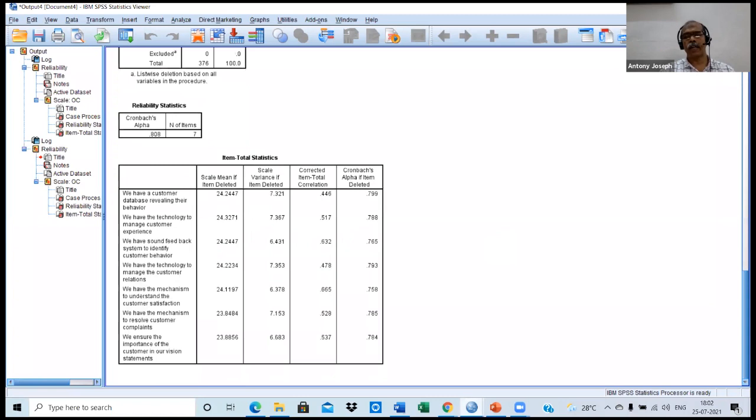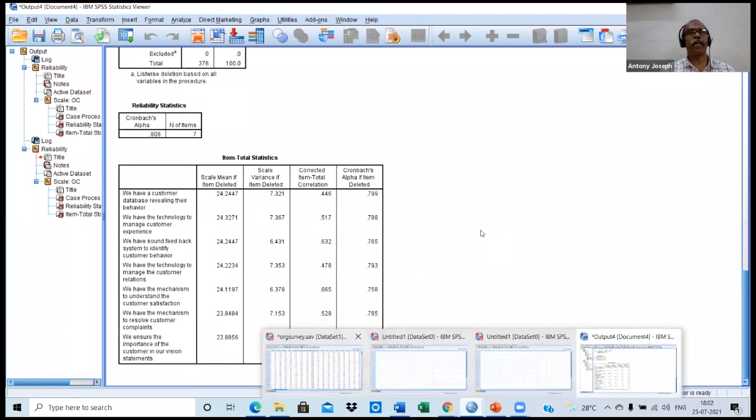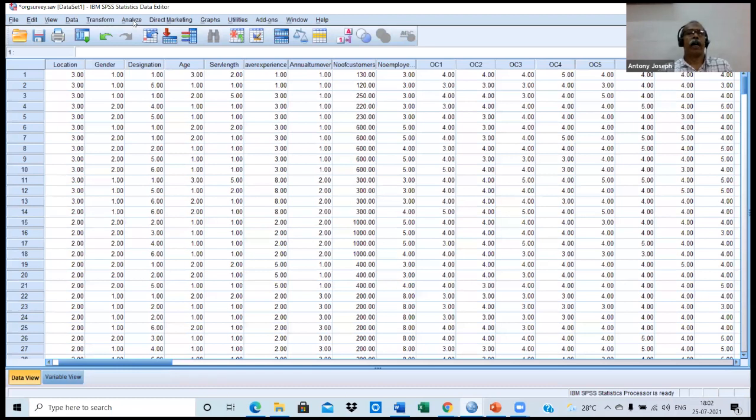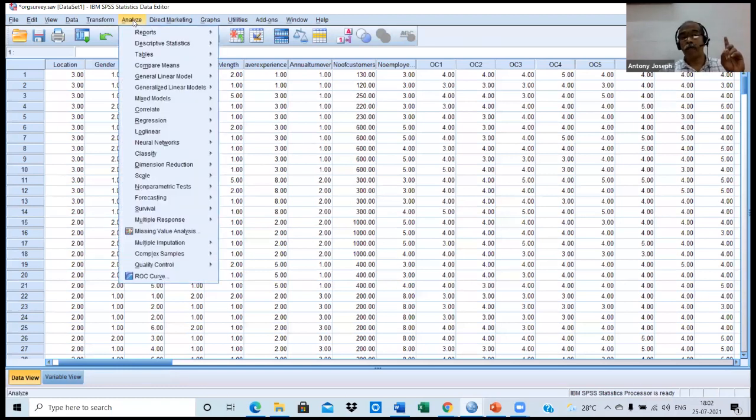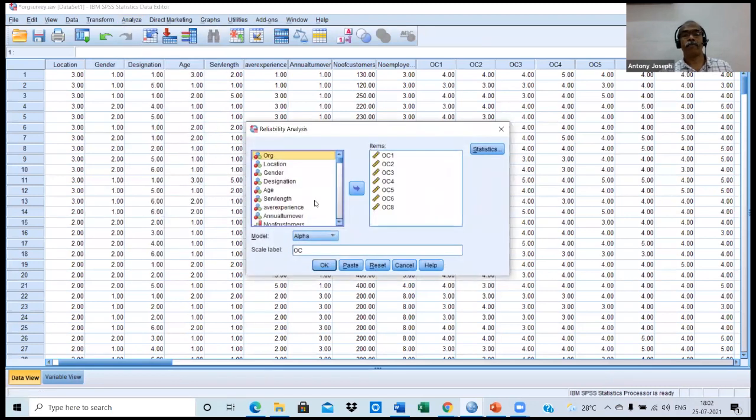We are moving on to the reliability of the next one. Okay. Analyze. Always remember we have avoided item number 7 for the computation of organizational capability. Okay, we are moving on to scale again, then reliability. We have already completed the procedure of OC, so we are moving on with another one. ST. There are 11 items in that scale, ST.